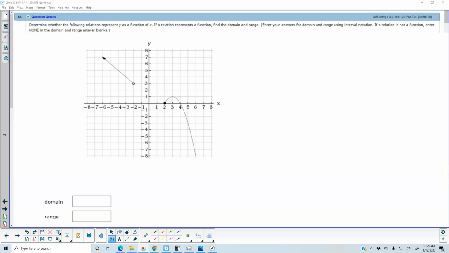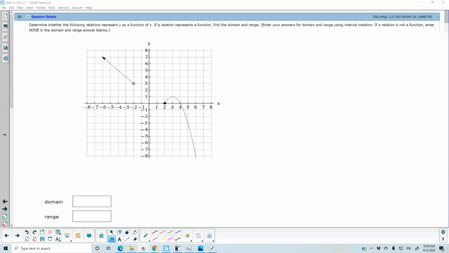Example number 12. We want to determine whether the following relation represents y as a function of x. If a relation represents a function, we want to find the domain and the range, and then we want to enter our answers in interval notation. Now, if the relation is not a function, then we would say none in the domain and the range answer